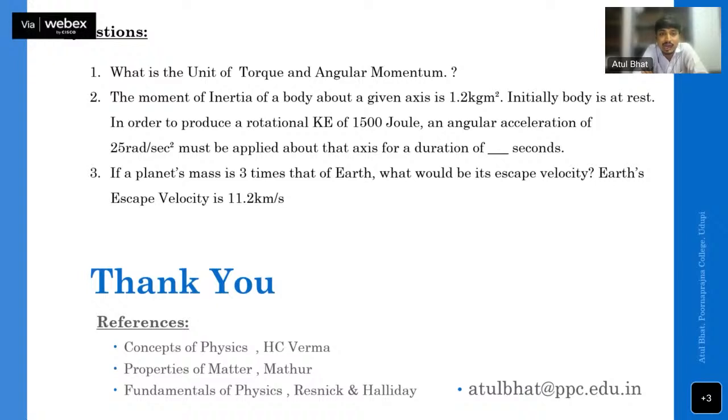So angular acceleration alpha is given. That must be applied, which is 25, and they've given you the energy equation. E is equal to something, so it is 1500 joules. So you need to find out what must be the duration of rotation for that energy of 1500 joules to be produced. So you have to find T. I've given you the energy formula. It's going to be rotated. So energy is 1500 joules. Angular acceleration alpha is 25 radians per second square, direct substitution. You're supposed to find